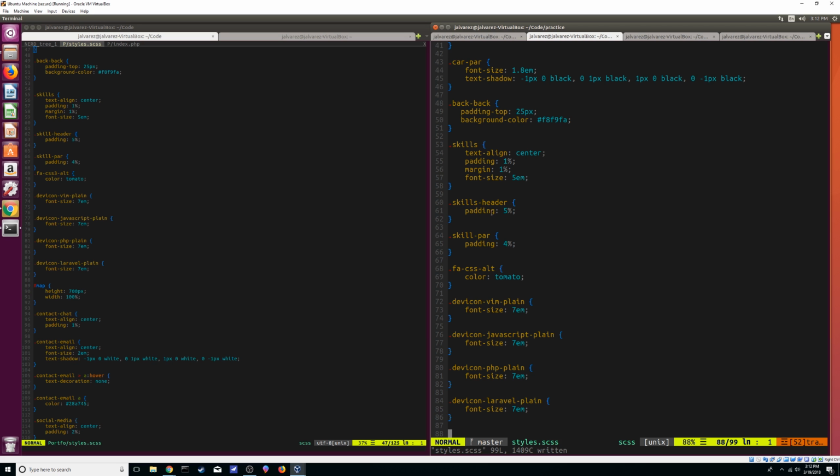You can always do paddings with Bootstrap too. I think I do it a little bit later. You'll see how to do it there. But this is good, so you can target it, and then after that you can keep modifying it to whatever you want. So on the skill paragraph, also padding, then I target the icons, the CSS icon, because right now